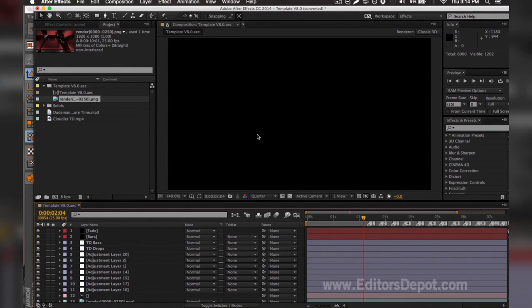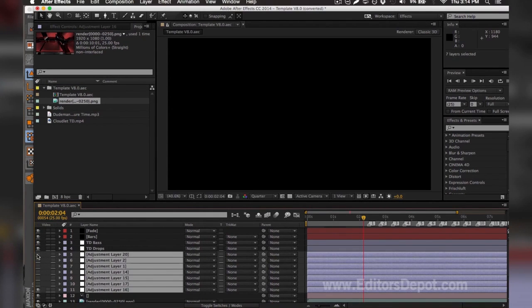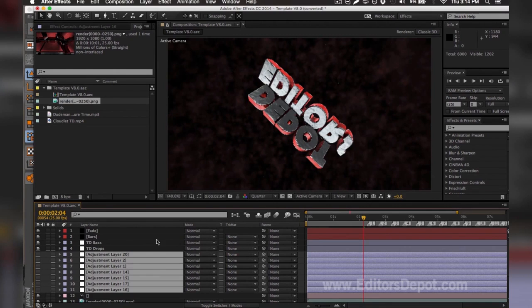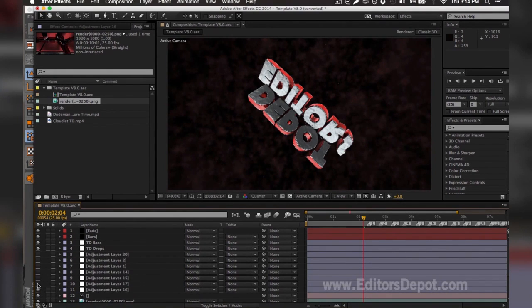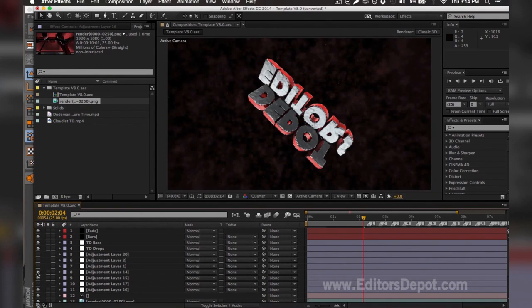If you don't, you're going to have a black screen similar to this. If you do have a black screen similar to this, you're going to want to troubleshoot it by turning off or turning back on whatever adjustment layers might be messing up your entire video. As you can see here, one of these adjustment layers messed up the entire render, so I'm going to turn them on one by one. That one's fine, that one's fine. This one's the problem here. So you make sure you turn them back on